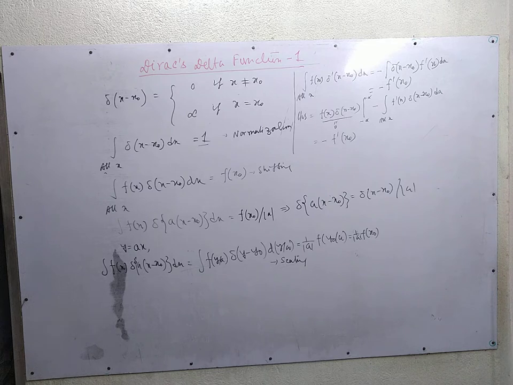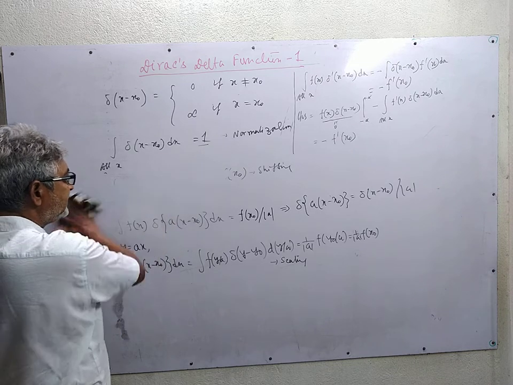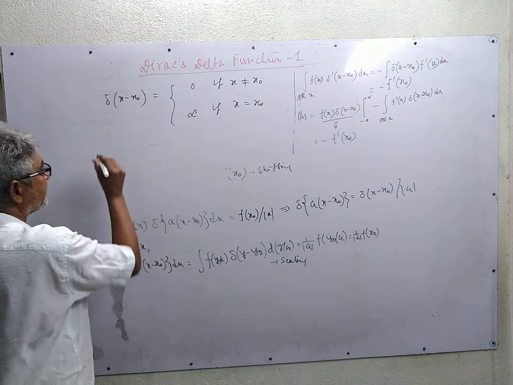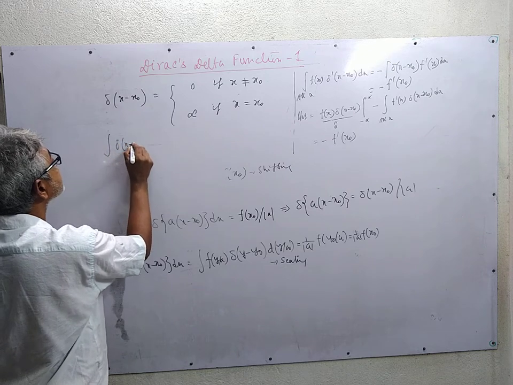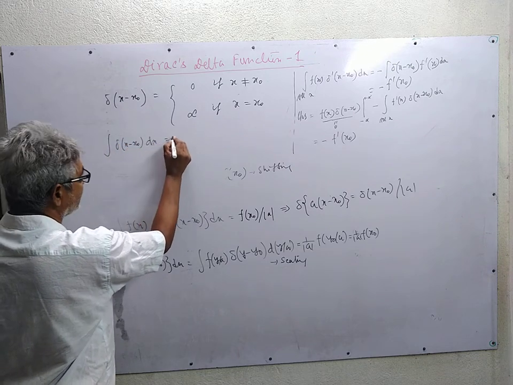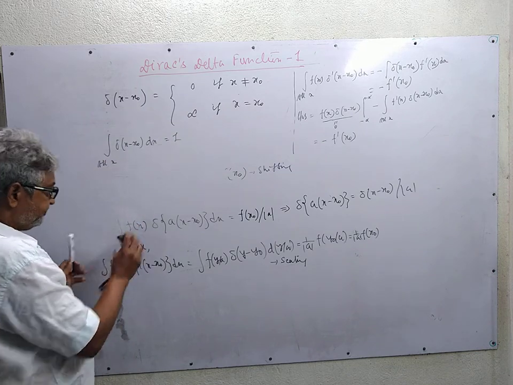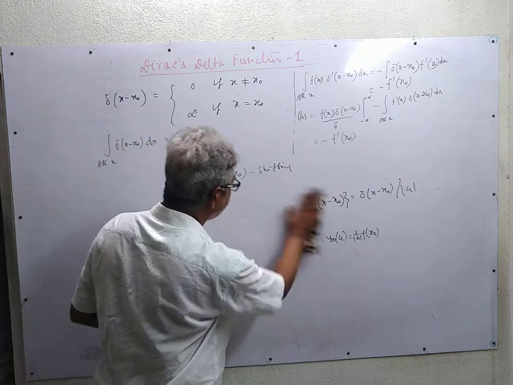So far we have used the delta function defined over the entire range. We may also encounter a delta function integrated over a finite range, so this condition will be different. The integral of delta of x minus x0 dx is equal to 1 over all x. This was the definition. If we change this one,